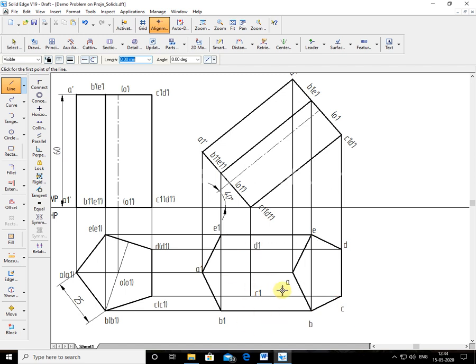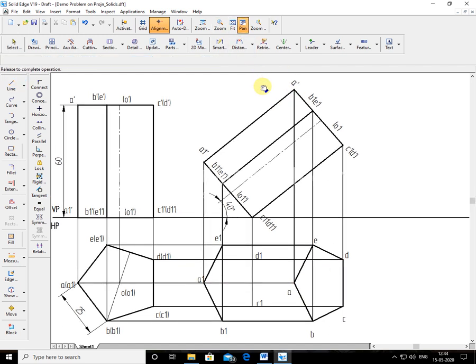A, C1 and D, D1. You see my cursor here: A, D, C1, D1. Where is A here in the front view? If you observe here, where is the front view? The corner A is a completely seen corner. The corner A and C means the lines going from this corner are all seen. So how many lines are going? Three lines. One is here.